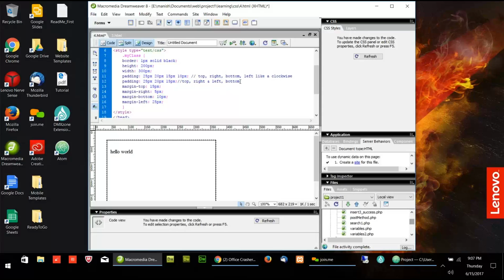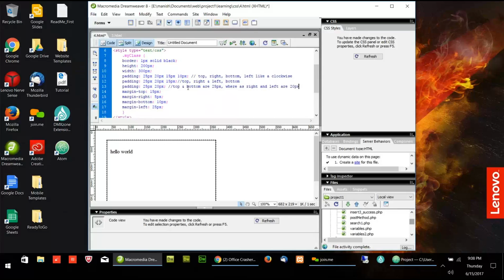Let's see what if we have only two values. If we have two values like 25 pixel and 20 pixel, it means top and bottom are 25 pixel, whereas right and left are 20 pixel.